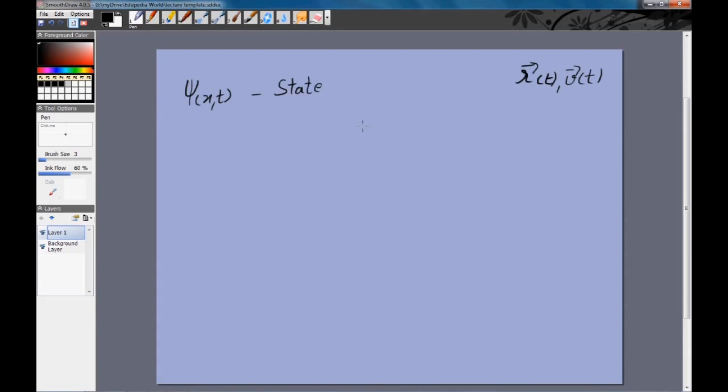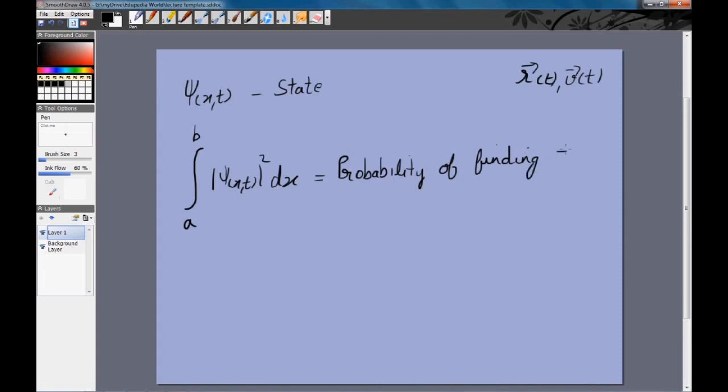Right. So there is a statistical interpretation which basically says that the integral from a to b of mod of psi of x comma t. By the way, in case you notice, we had an iota in the Schrodinger equation, so the solutions can be complicated as well. So the integral of mod psi of x of t squared, which is psi into psi star dx, this is basically the probability of finding the object